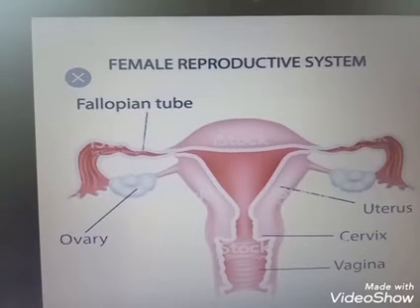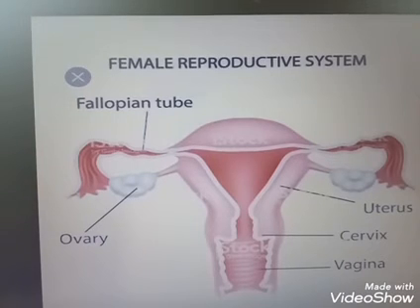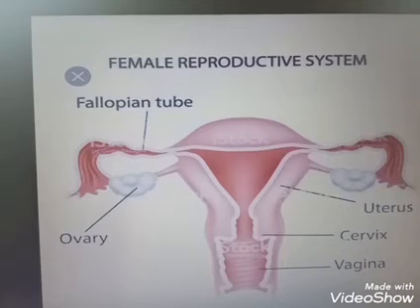It is 10 to 12 cm long, extending from the periphery of each ovary. Then the infundibulum is a funnel shaped, fimbriated, free end of the oviduct. Then the ampulla is the widest and longest part of the oviduct. Then the isthmus, a short, narrow, thick-walled portion that follows the ampulla. The last portion is the uterine part, which passes through the uterine wall and communicates with the uterine cavity.